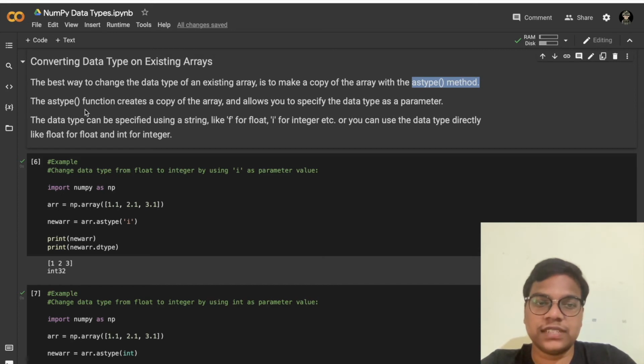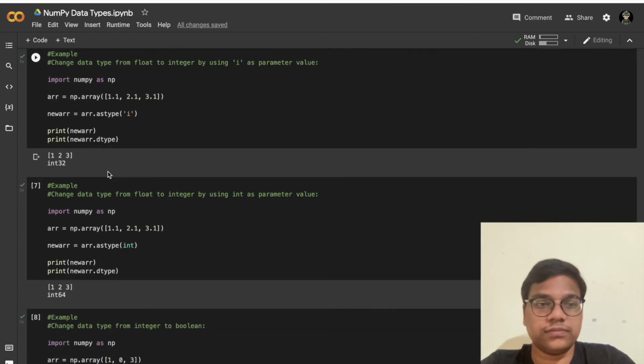The astype function creates a copy of the array and allows you to specify the data type as a parameter. The data type can be specified using a string like f for float, i for integer, etc. Or you can use the data type directly like float for float and int for integer.